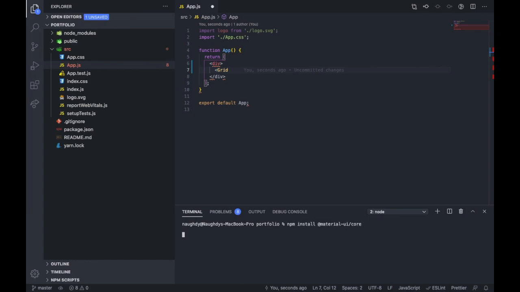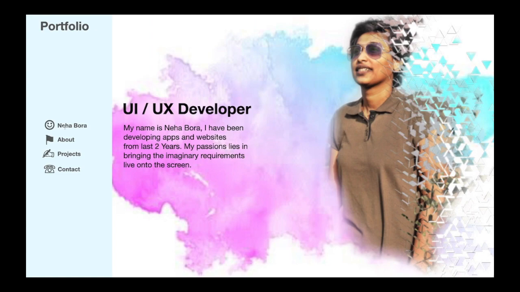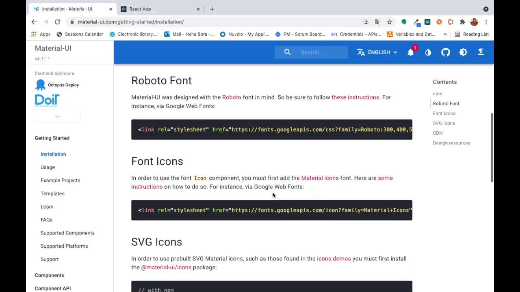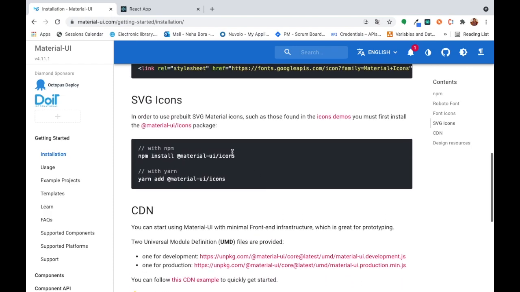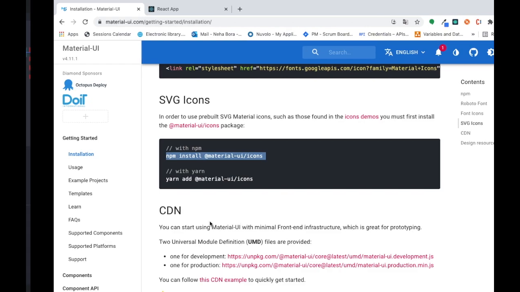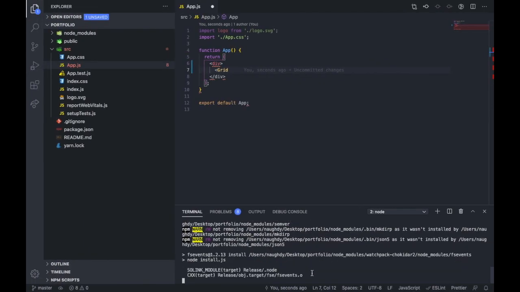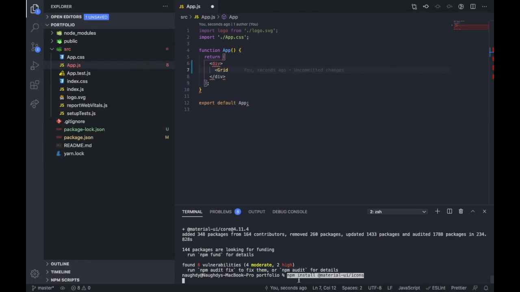Once this completes, we have to hit two more commands. One is for the icons which we are going to display with the button. So for that we have to copy this command, and after the previous one completes we have to paste it there and again hit enter.